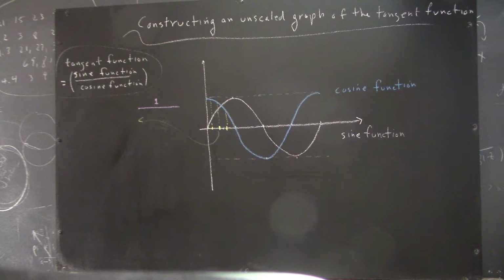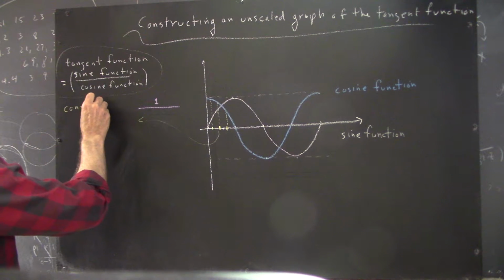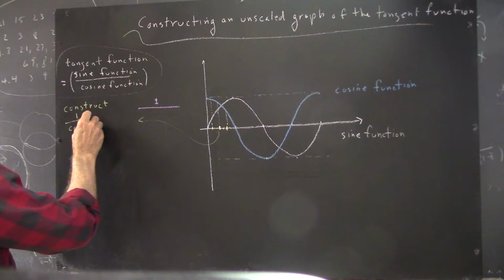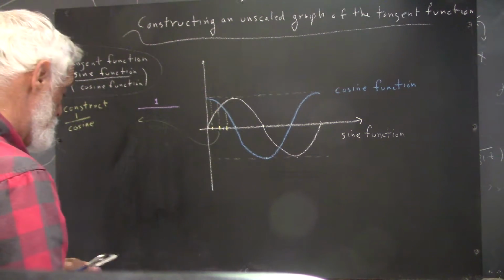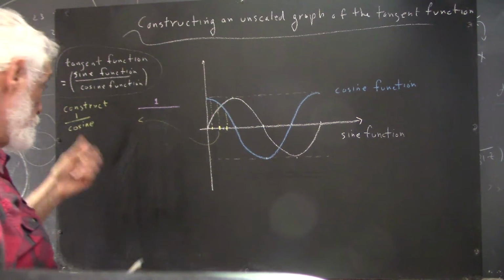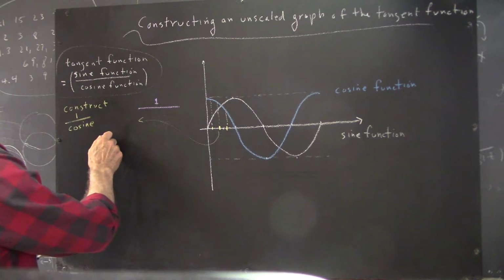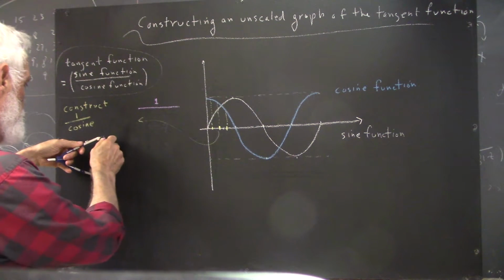Okay, so now we're going to go ahead and construct a value of the reciprocal cosine for this point, okay, this middle point. Now, the unit is this long. I've measured that. So I'm going to sketch a line,